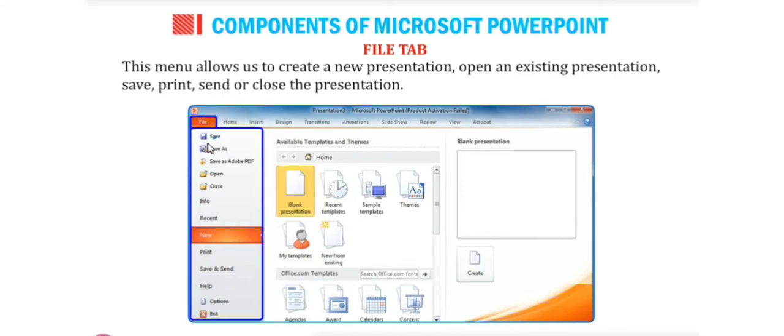So options like Save As, Open, Close, New, Print and Exit PowerPoint are all in the File tab.